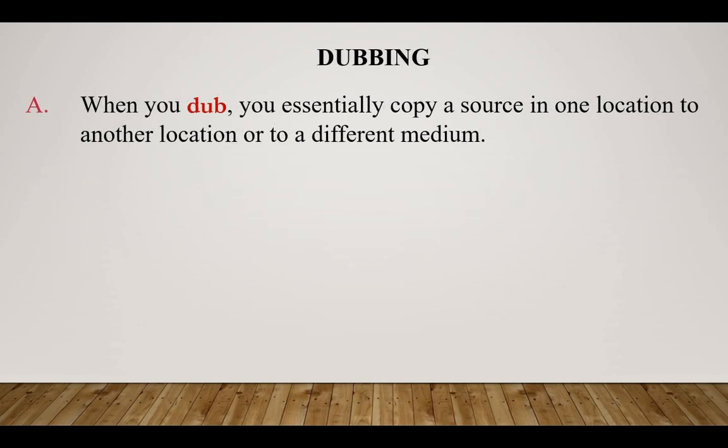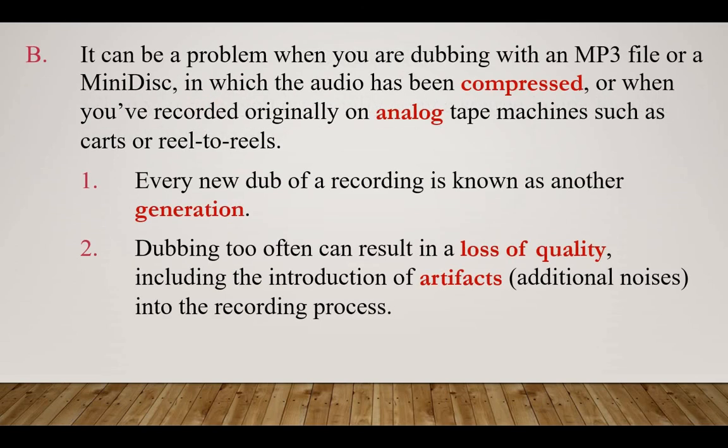As far as dubbing goes, when you dub, you essentially copy a source in one location to another location or to a different medium. It's taking audio in one particular format or in one particular location and making it into a different format or to a different location. It can be a problem when you're dubbing with an MP3 file or a mini disc in which the audio has been compressed, or when you've recorded originally on analog tape machines like a cart or a cassette tape or a reel-to-reel,